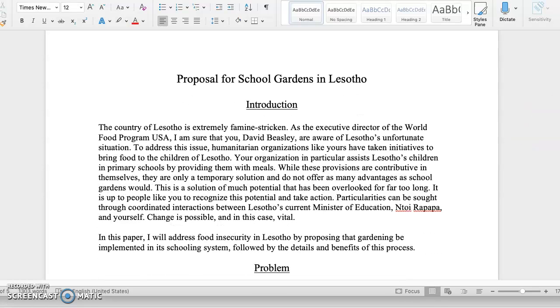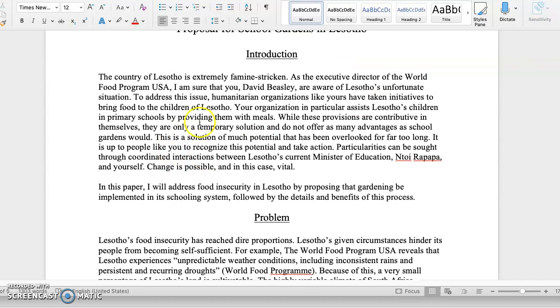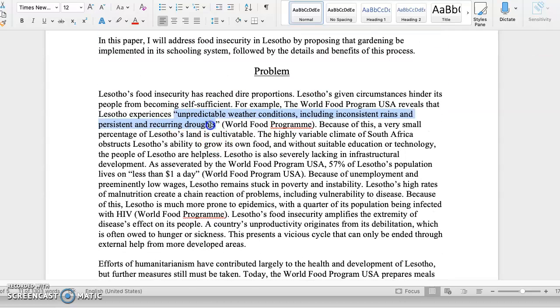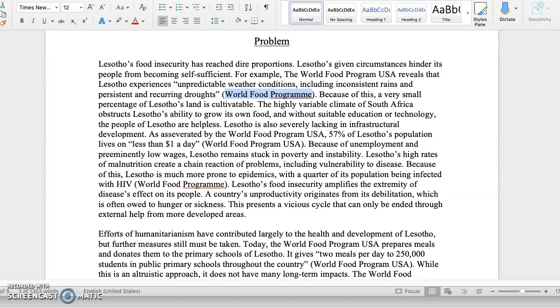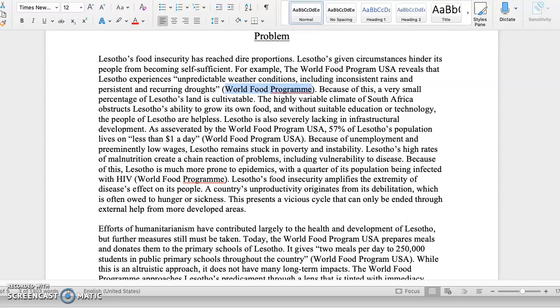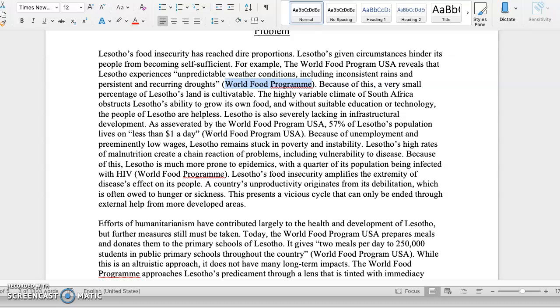Last night in my email, I sent you an A3 student sample. I've put that under A3 resources, right under the hierarchy of rhetorical concerns, but this is a great student sample. You'll notice that her stakeholder, she says very clearly, is the Minister of Education. And then in the problem section, look, she's using quotations, she's using parenthetical citations throughout. And this is all research that she had done for her A2. She may have picked different quotes for her A3, but these are the sources that she used in her A2 to establish the background that her new stakeholder would need to know about the problem.